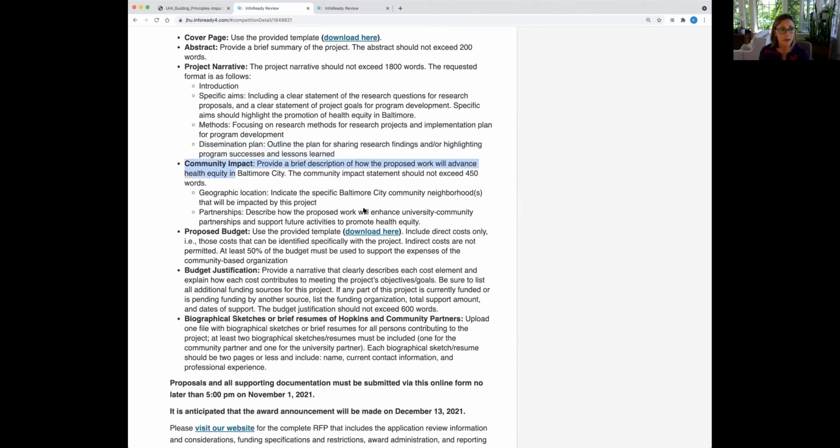The next section is about community impact. Again, this is really what I was talking about earlier. Here you are going to specify very clearly how this work will help to promote health, health equity, and social justice for Baltimore City residents and neighborhoods, and how this grant will really help to enhance this